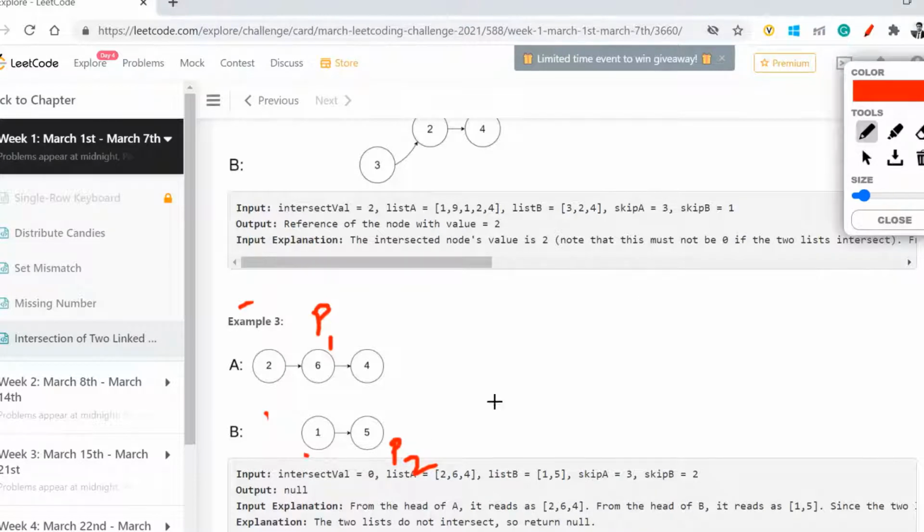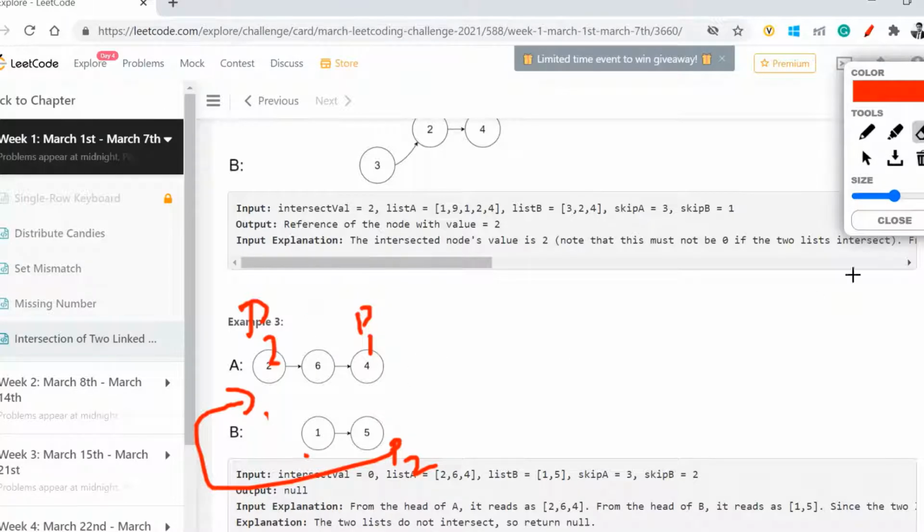When p2 reaches the end, p2 will move to this place. So my p2 became this, and p1 will move to the next one. Now p1 is at the end of the array. Now p1 will go ahead and sit here, as per what we discussed. So now p1 will go and sit at this position.